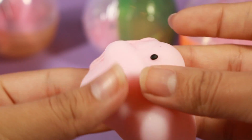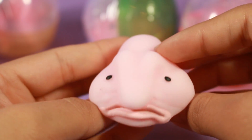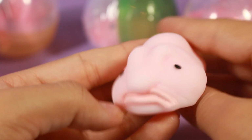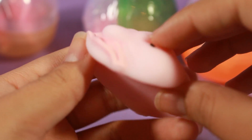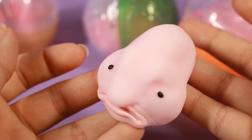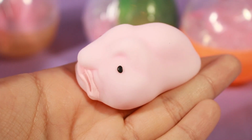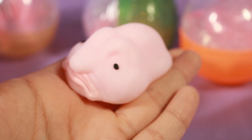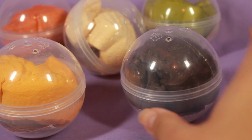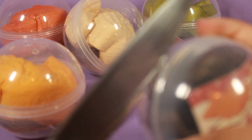But it's really funny. Absolutely hilarious. I mean, can you imagine just putting this on your desk with this staring at you? It's really funny. I can't believe they made a gacha for this little guy. Show him some love. Let's see. He stretches pretty far. My camera doesn't want to focus on him when I stretch him though, so there is that. Cute. The next gacha is actually a squishy, and I wanted this brown one because it reminds me of